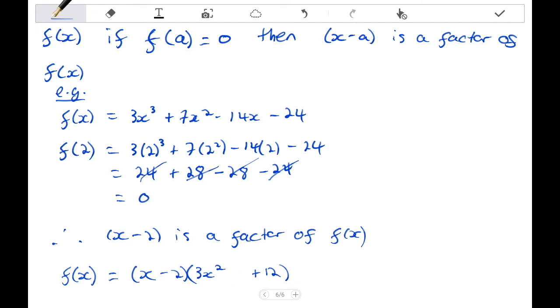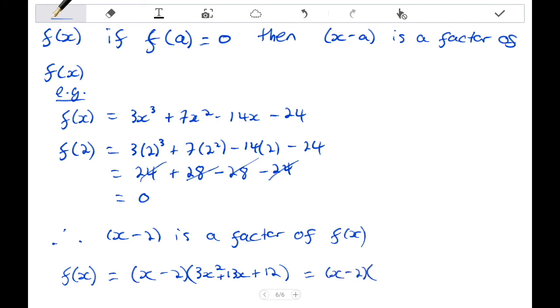And how do we do that? Right, well, we want plus 7x squared. Okay, well we've got minus 6 from here, from the minus 2 times the 3x squared. That gives us minus 6x squared. So we need plus 13x from here, by an x times this. So this becomes plus 13x. Okay, and that we can further factorize